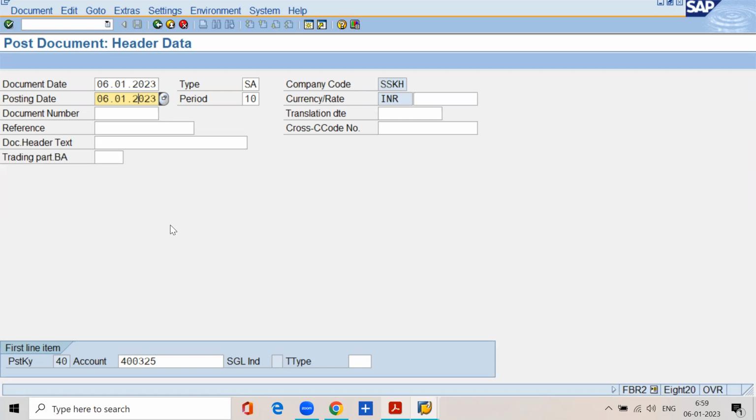Now look at the screen. Here, it is not necessary to enter the document type, company code, period, currency. Then again, it is not necessary to enter the posting key and account. The account to be debited is always the sundry expense account only. So just change the document date and posting date in the document header, then click